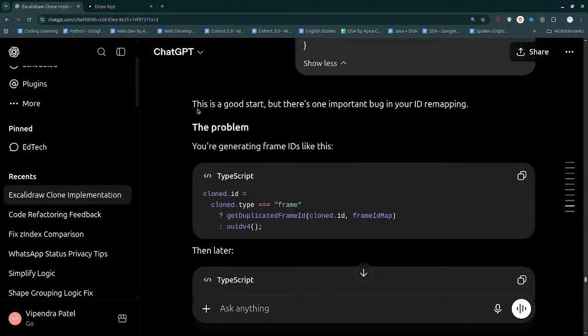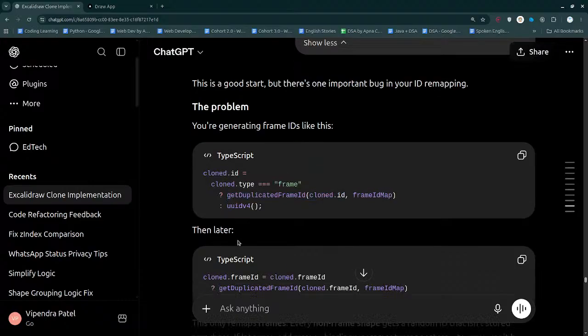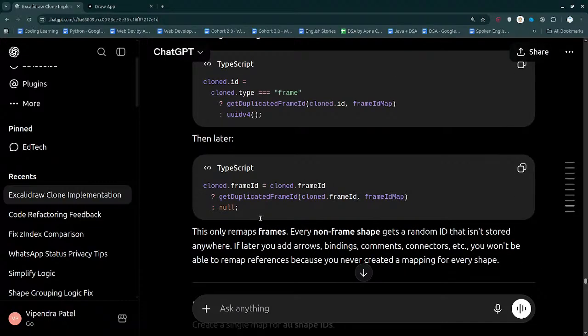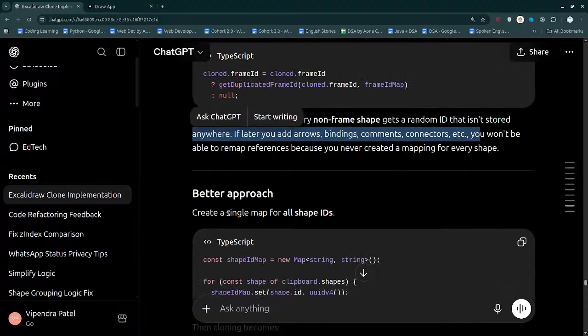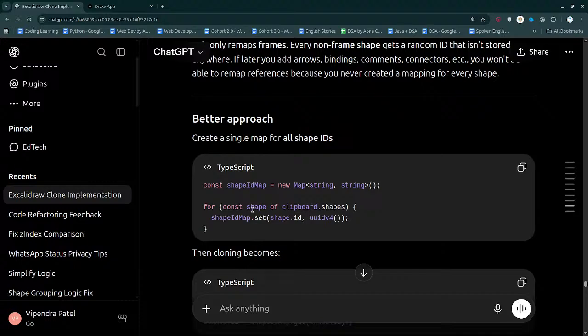So it is actually giving me some, this is good stuff, but there's one important bug in your ID remapping. The problem is that you are generating frame IDs like this. So clone ID .type is triple equals to frame, then get duplicated frame ID, cloned ID, and this, otherwise you ID before, then later cloned frame ID, get duplicated frame ID, this null. This only remaps frames. Every non-frame shape gets a random ID that isn't stored anywhere. If later you add arrows, binding, comments and all, then a better approach can be that